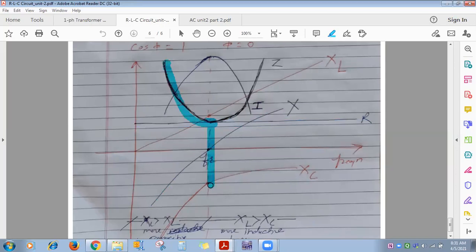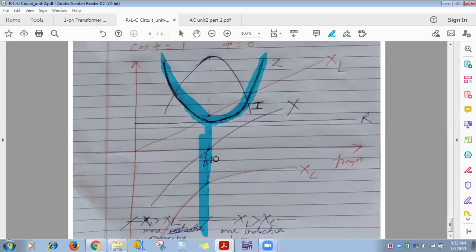So see, at resonant frequency the Z curve is intersecting the resistance, and then as you go on increasing frequency, as XL becomes more than XC, Z starts increasing. Means the Z graph will be U-shaped, and at resonant frequency that U-shaped graph should intersect the resistance. Sometimes in numericals you have to use this logic. At resonance, is impedance minimum or maximum? Observe the Z curve. At resonance, this is the minimum.